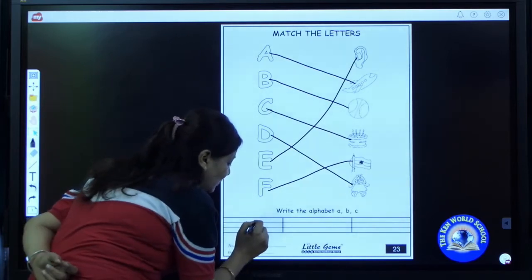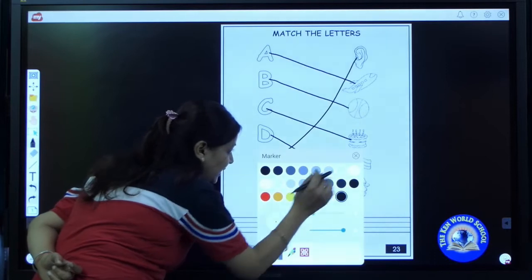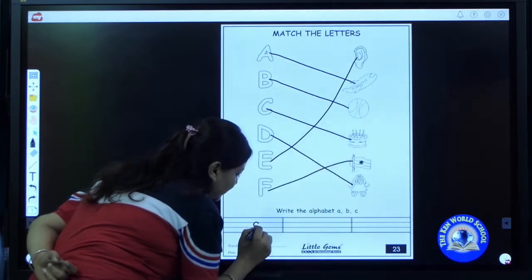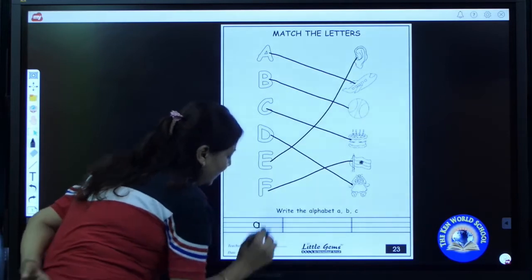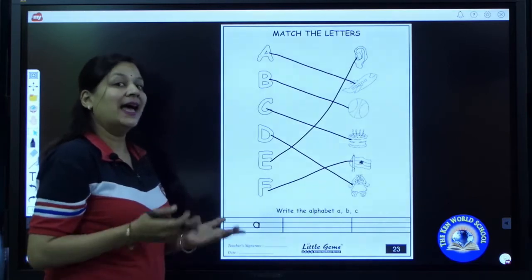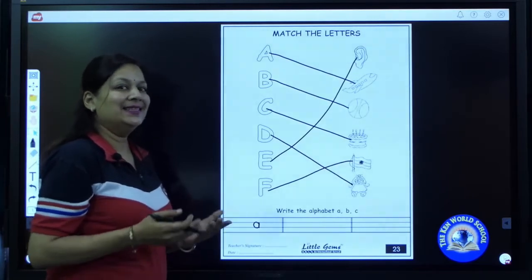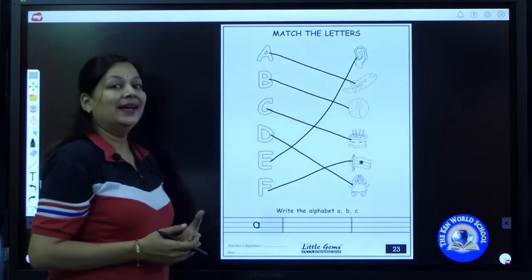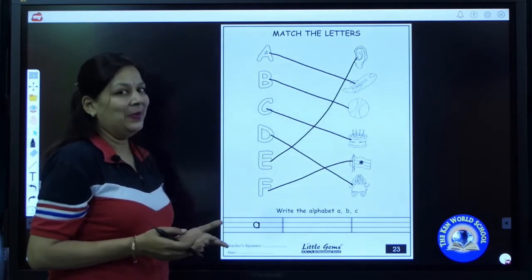We have to start it from the middle line. Make a curve till base line. Go up to down, standing line. A. A says ah. A as in aeroplane.